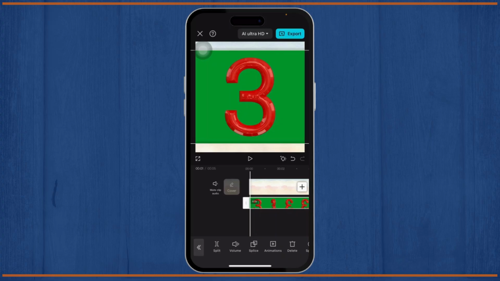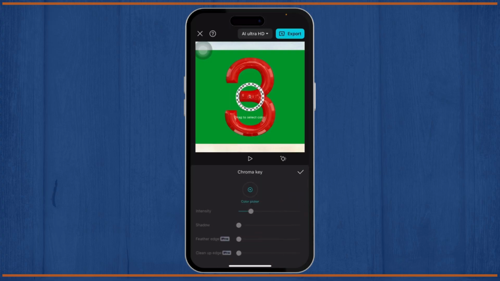After you do that, make sure that you've selected this very video, and here you'll need to scroll until you find the remove background option. Tap on remove background and there you'll find an option called chroma key. Tap on chroma key, and after you tap on chroma key you will be able to simply drag and select